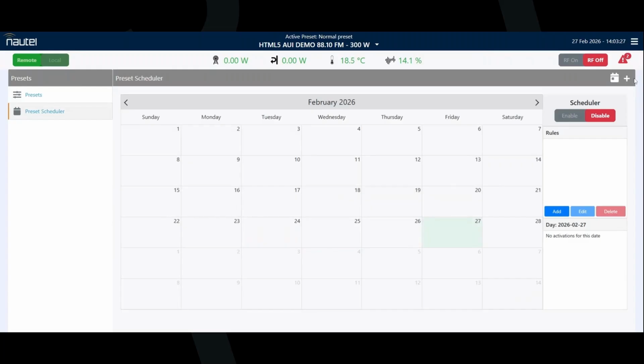Below these, there is a button to enable or disable the scheduler function. It will show red or green to indicate the current state. The Rules panel will list all of the rules that have been created. It has buttons to add, edit, or delete rules. Below this is the daily view, which will show all the preset activations that are scheduled for the days selected